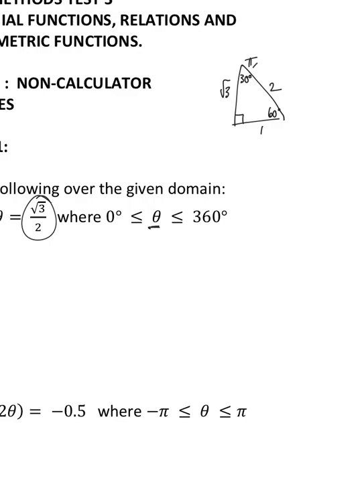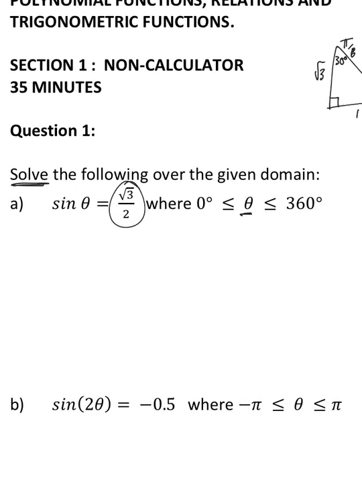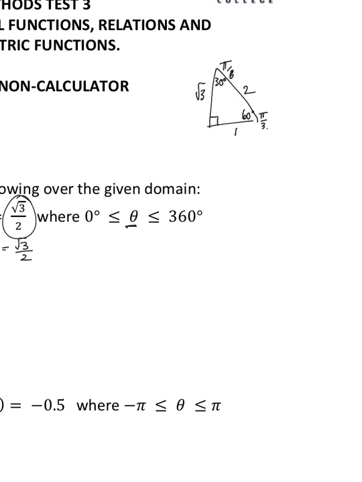I'm just going to put the radians there as well. That's pi over 6, that's pi over 3. So we're going to use some exact values. So if its sine is root 3 over 2, that's sine of 60. So we know that sine of 60 degrees is root 3 over 2. So looking at